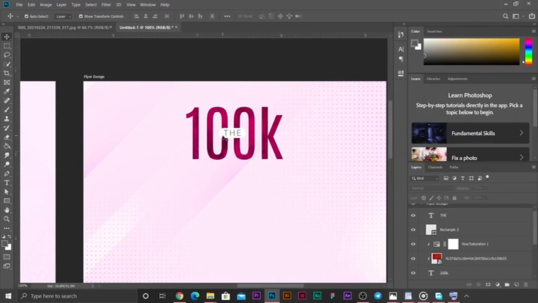Back to the background. I said the background has some shadows, right? There are two ways we can add shadows to the background. One of the ways is to paint black, like shadow is black, right? So we can just use the brush tool and paint in black below this rectangle. We can do that simply by